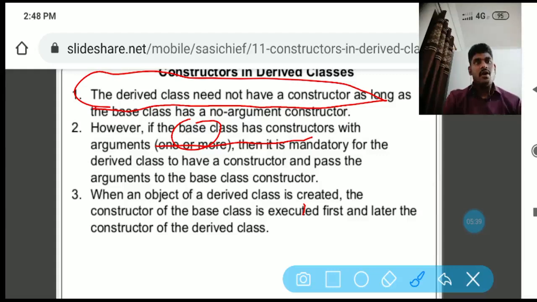So these are the member functions, these are the constructors. Now I'm talking only about constructors, how a constructor works, and how a constructor is declared with arguments and without arguments. You will see a small program.